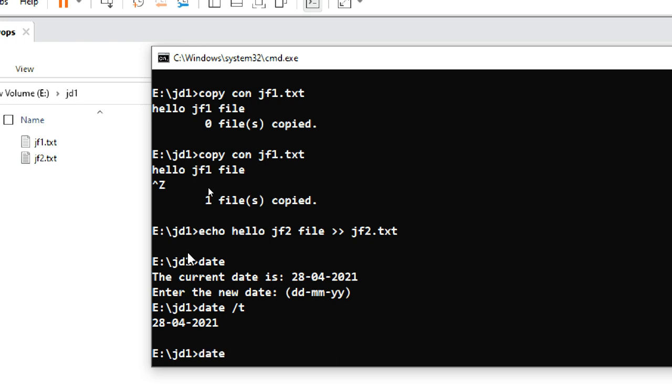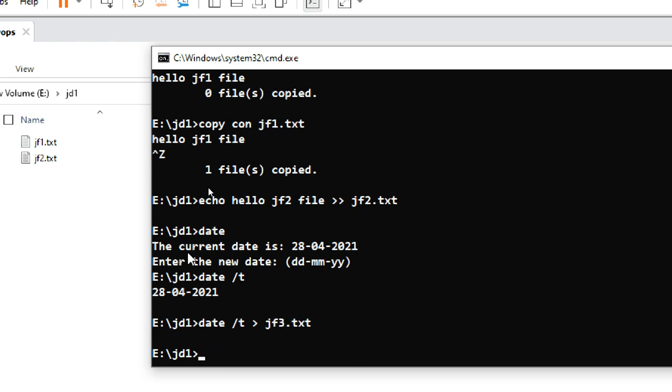So date /t, I put it in a file called jf3. Manually I'm doing this, so I created another file, and it contains the date. That's it. We are not doing much here. This is in the CMD prompt that I am doing this.